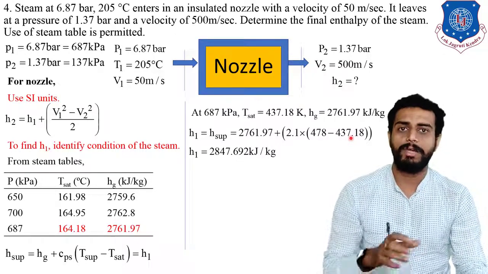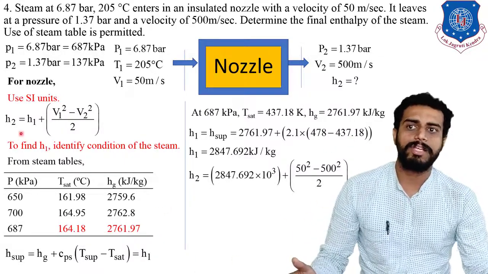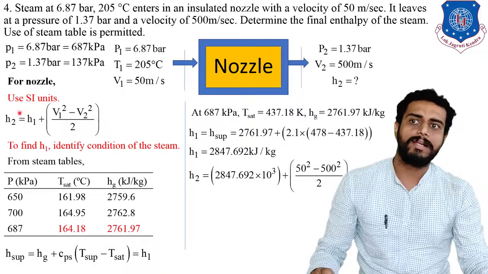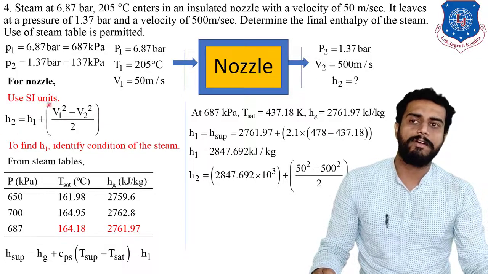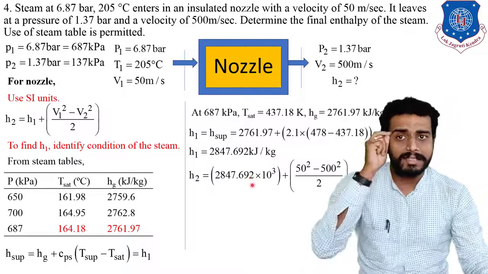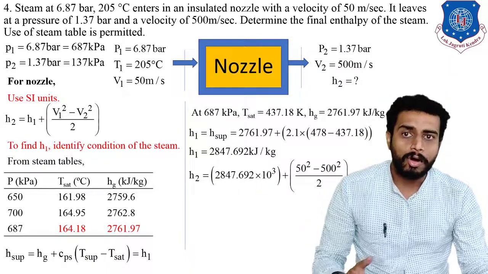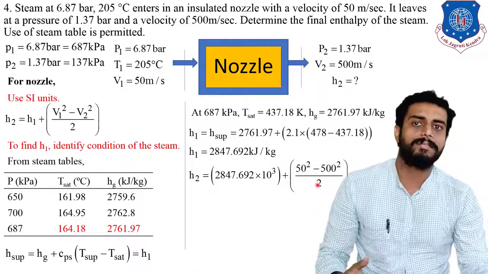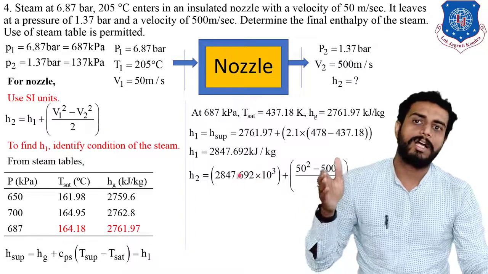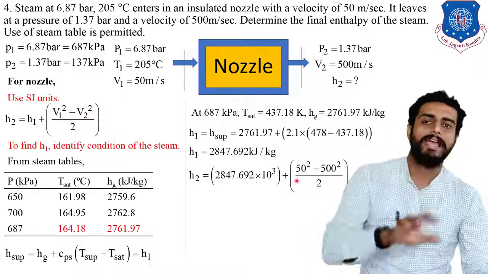Okay, students. Now that you have the value of H1, you can find out the value of H2. What was our aim? Our aim was to find out the value of enthalpy at the exit of the nozzle. For finding out H2, you should have the value of H1, V1 and V2. We have already found out the value of H1. Remember this again, here you have to convert from kilojoule to joule. Sir, why? Because the unit of velocity is in System International, that is meter per second. That is why, in order to keep the units matching, you have to convert from kilojoule to joule. Don't make this mistake, otherwise your answer will be considered wrong and marks will be deducted.